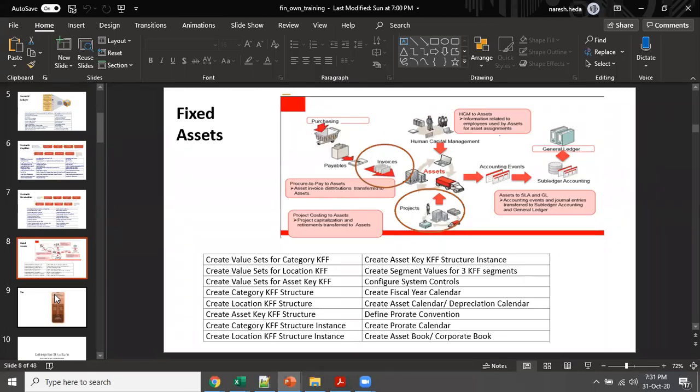But there is no ready report that will give you all the data in a single report from the ledger side. There is no seeded report, because the question you are asking is specific to the client. The client decides what level of data and how much granularity they want in the report, so based on the requirement you need to customize it. For my project, the requirement is that they want everything.